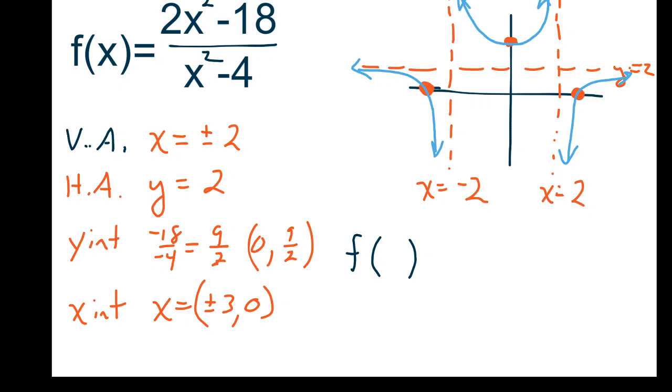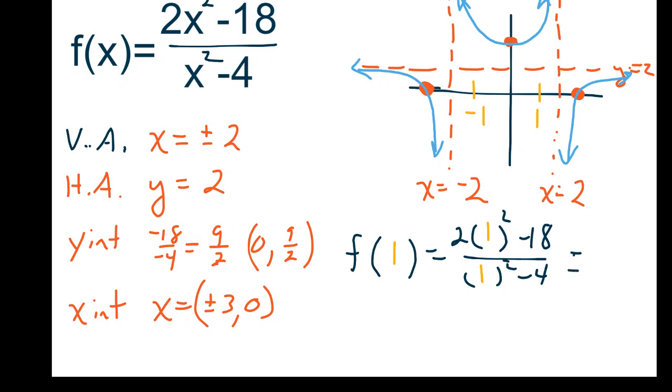If you pick some numbers that are around the vertical asymptotes, if you were going to do this, you would probably pick like 1 and -1. You could plug them into the equation. Now, it's interesting whether I plug in 1 or -1, I'm going to end up with the same output since we're simply squaring that number. And the output looks like it's going to come out to be something around